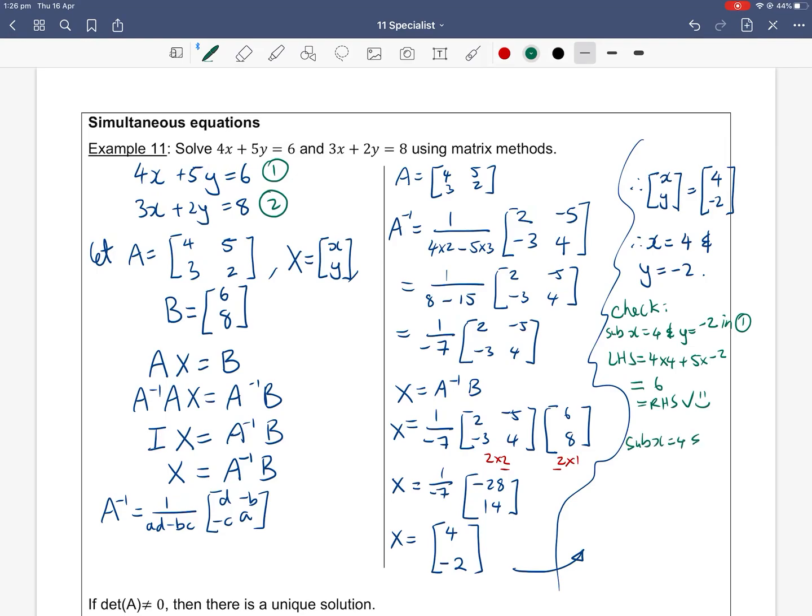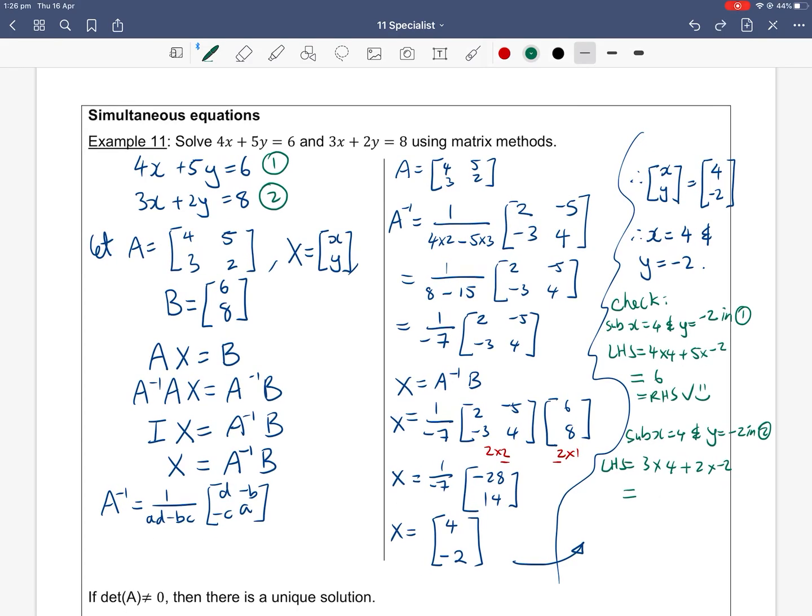So we're all happy. And then if we sub x is 4 and y is negative 2 into equation 2, your left-hand side is 3 lots of 4 and 2 lots of negative 2. So 12 minus 4 is 8, which is what we wanted on the right-hand side. So we now know that we have solved for our unknowns x and y in the correct manner. You can also check with a graphics calculator if this is part of the tech